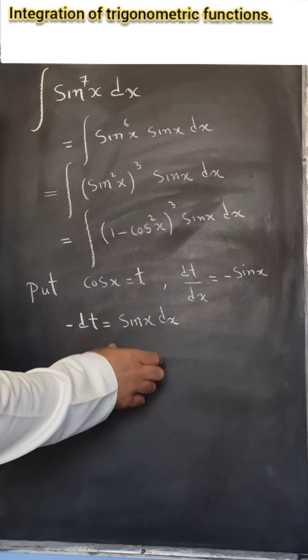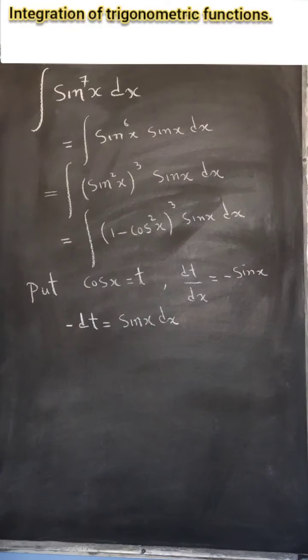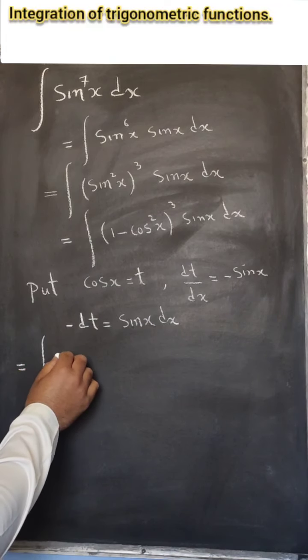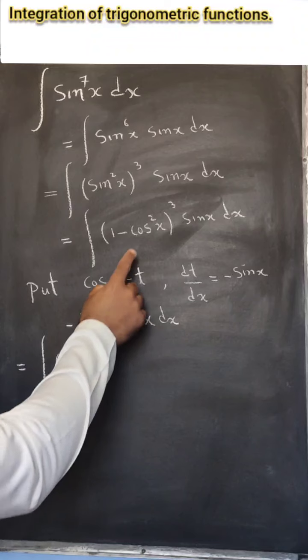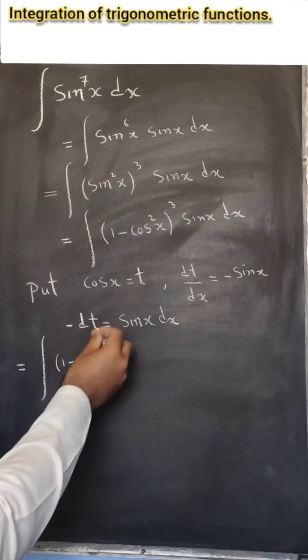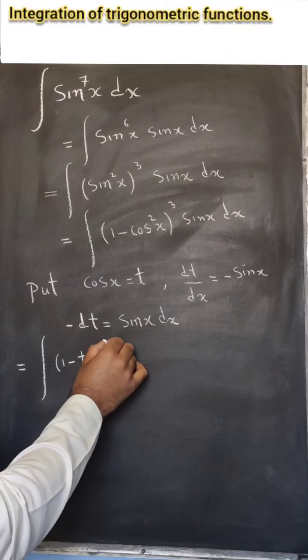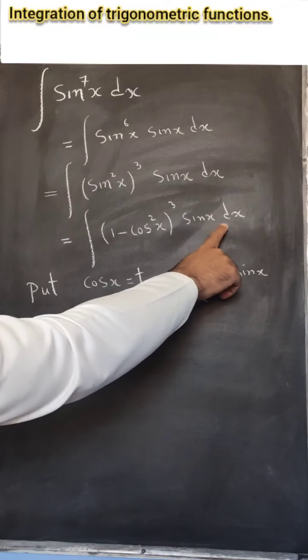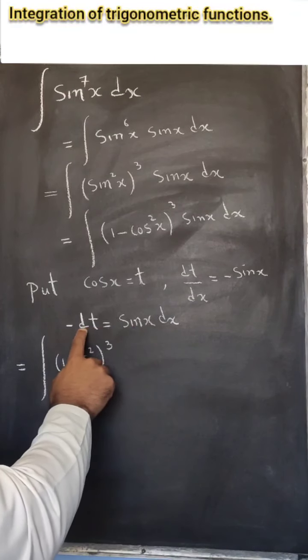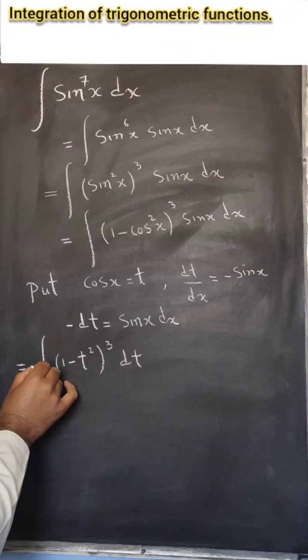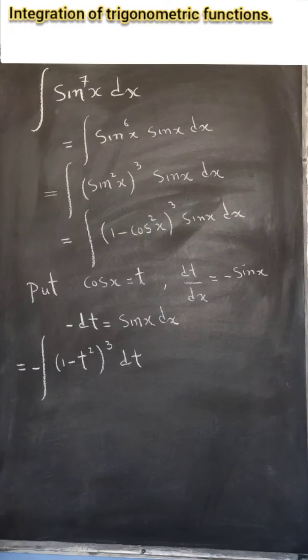Now substitute these in this integral, we get integral 1 minus, instead of cosine we have t, so we write here t square, whole raised to power 3. Instead of sine x dx we have minus dt, so we write dt minus times, let us put minus here, okay, that is equal to minus times,